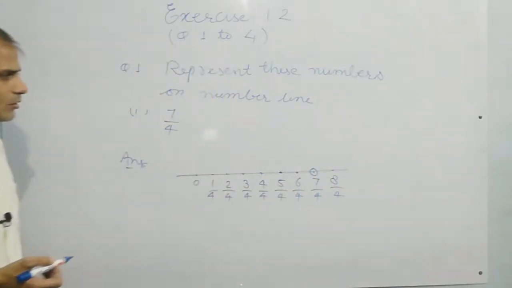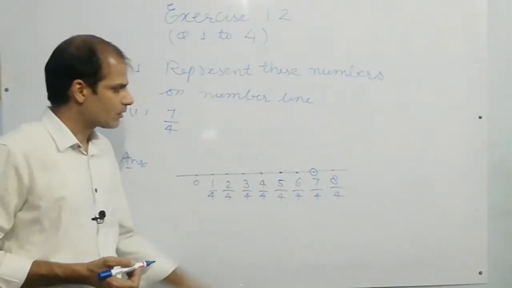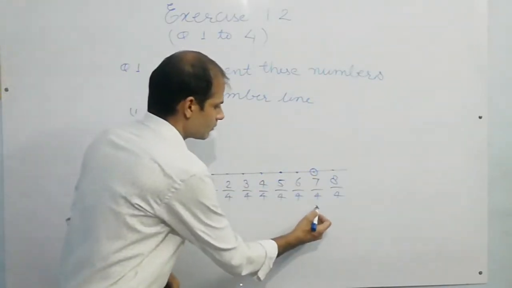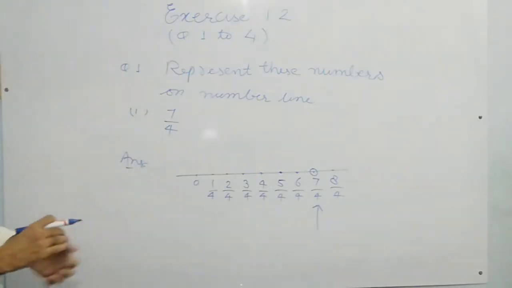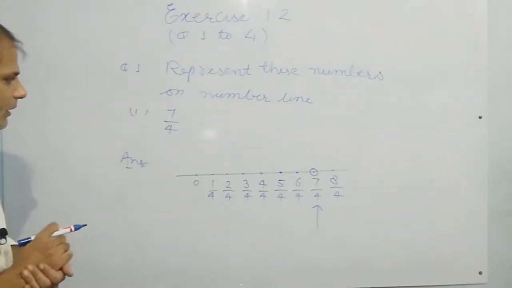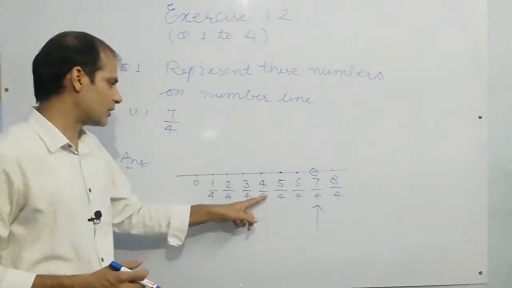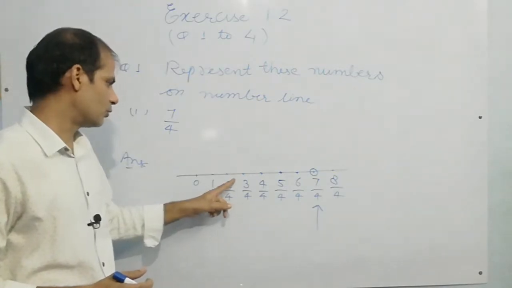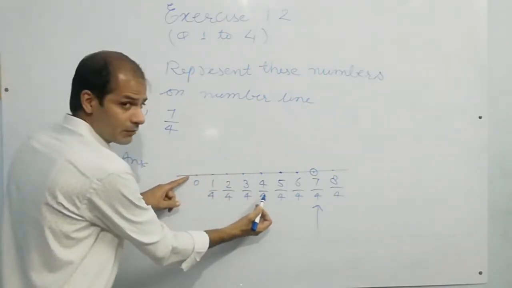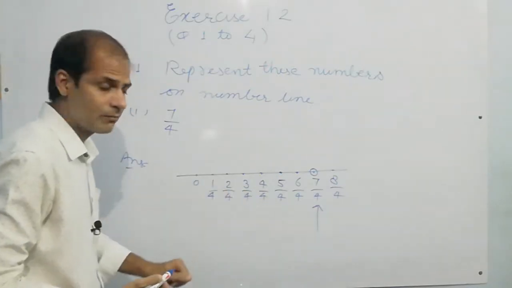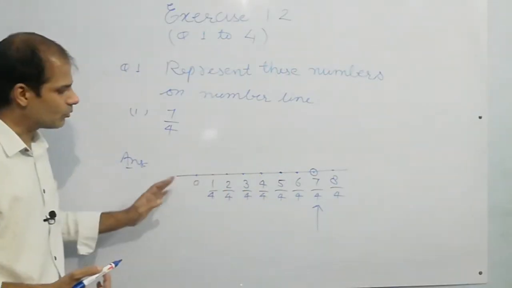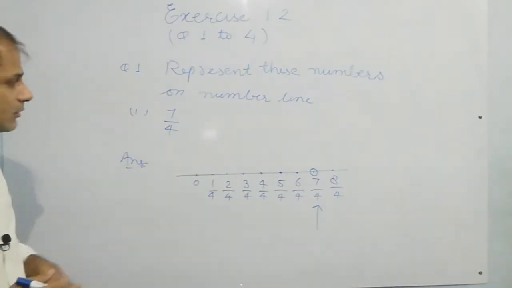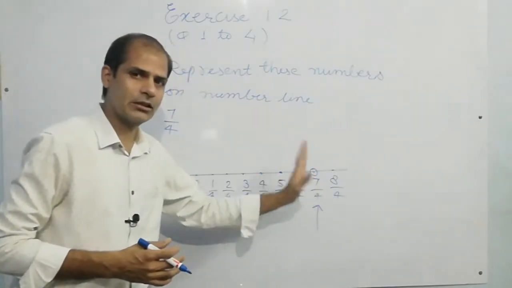So you can show 7 by 4 on number line by drawing a small circle around this point, or you can draw an arrow like this. It depends on you, but the answer should be in a proper way. Again you can see that this 4 upon 4 is 1. Okay, this is 1, this is 1 upon 2, means this is 0, this is 1, but you don't need to convert this into 1. You can see that this is half. So let the numbers be as they are, but you must know that the position of 7 upon 4 is correct on the number line.